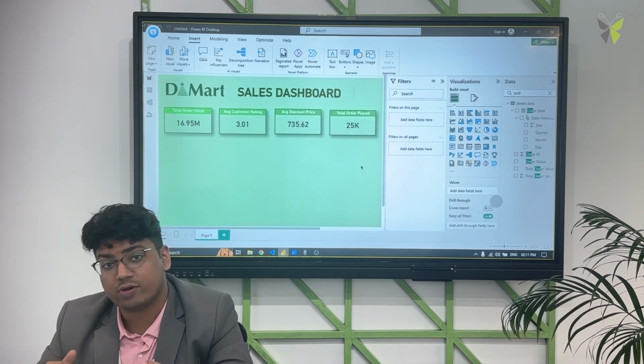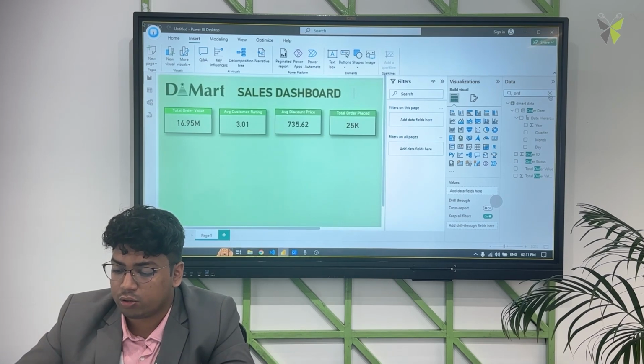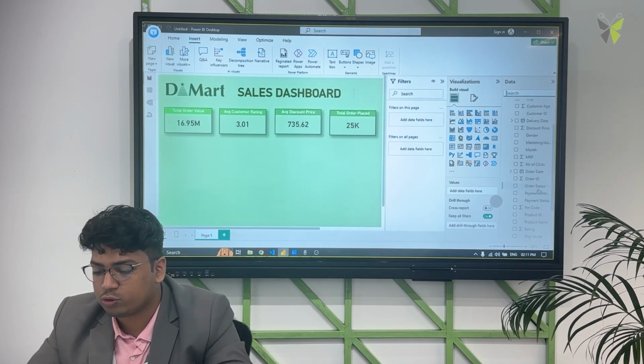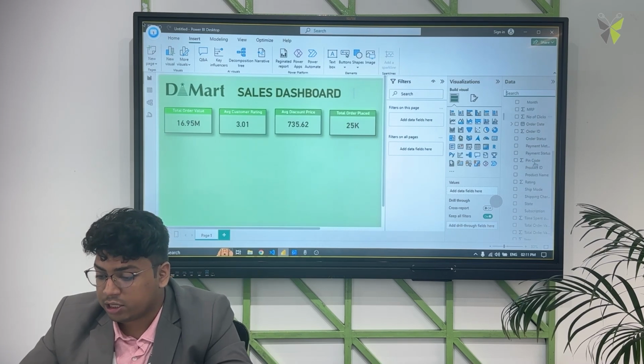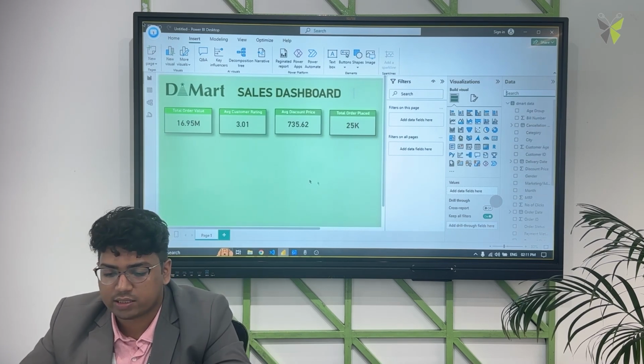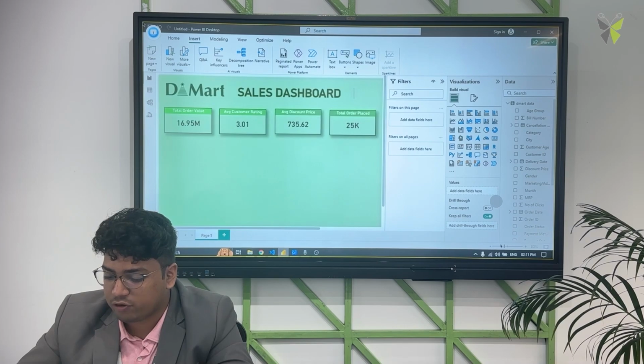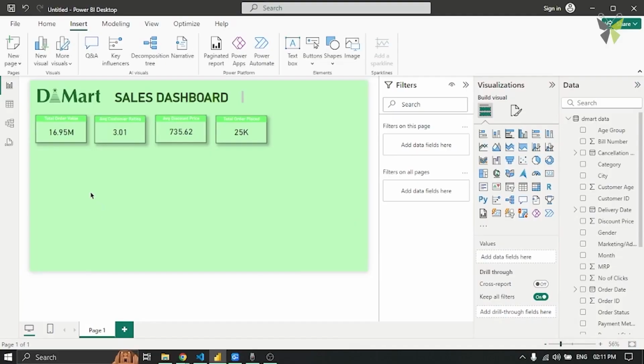You can go ahead and add many more details. Lots of fields are there, so much to look for, right? There's MRP that you can analyze, the ratio of gender you can analyze. There are so many things that you can do. But for now, I'll stop with the cards over here, and later on, I'll add some other charts.